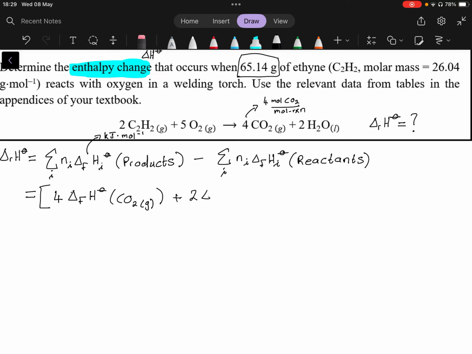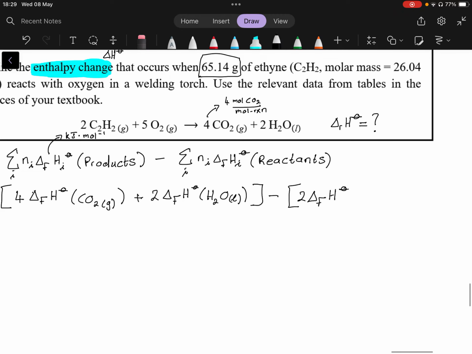Plus 2 times the formation enthalpy of water, liquid. And from that we subtract 2 times the formation enthalpy of ethylene, so C2H2 gas,